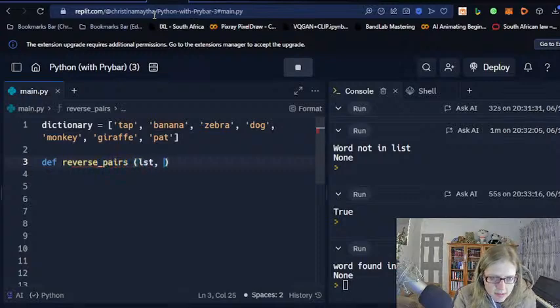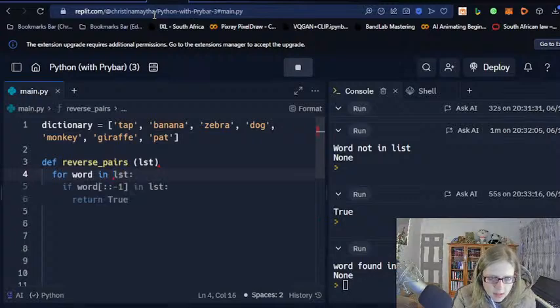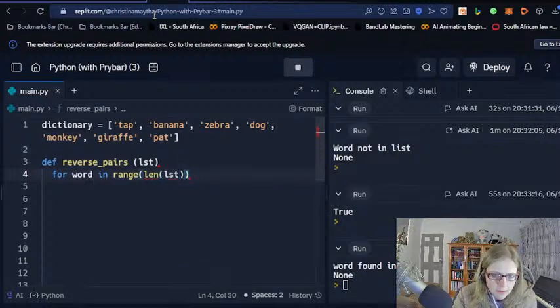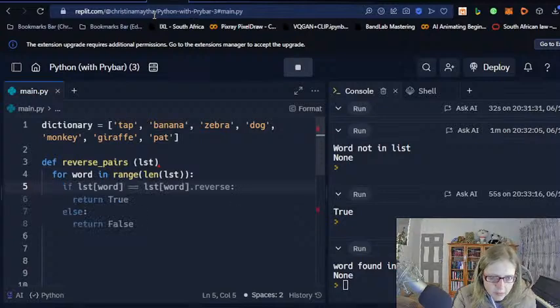Okay, we're going to have our list, and I think that's it. Now, for word in list, for word in, we want to iterate, I suppose, len list, right? For every word,